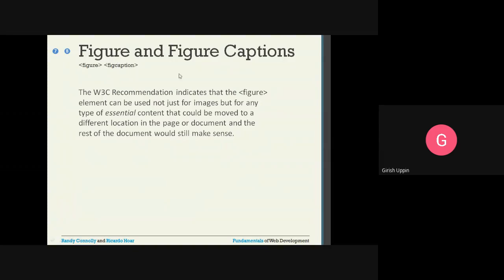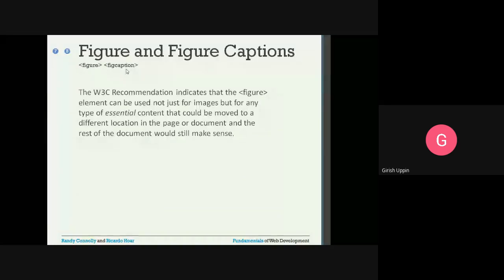And if it has a caption, you can use the figcaption HTML element. So figure and figcaption, these are the HTML elements. The W3C recommendation indicates that the figure element can be used not just for images, but for any type of essential content that could be moved to a different location in the page or document, and the rest of the document would still make sense.